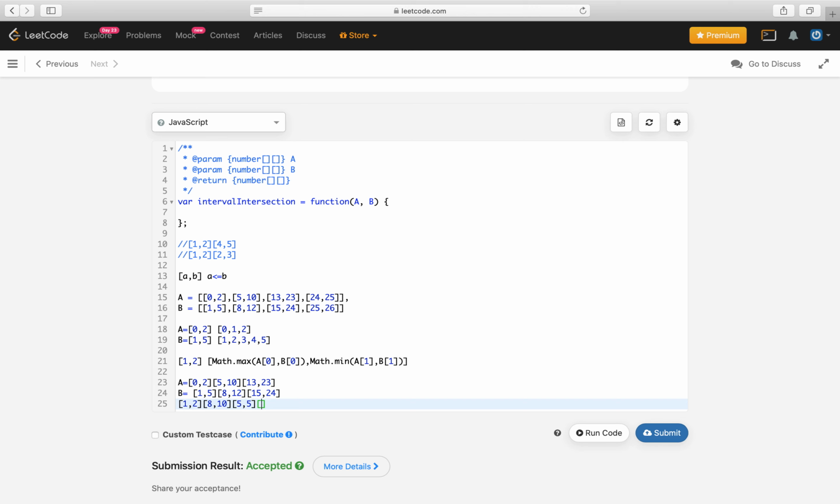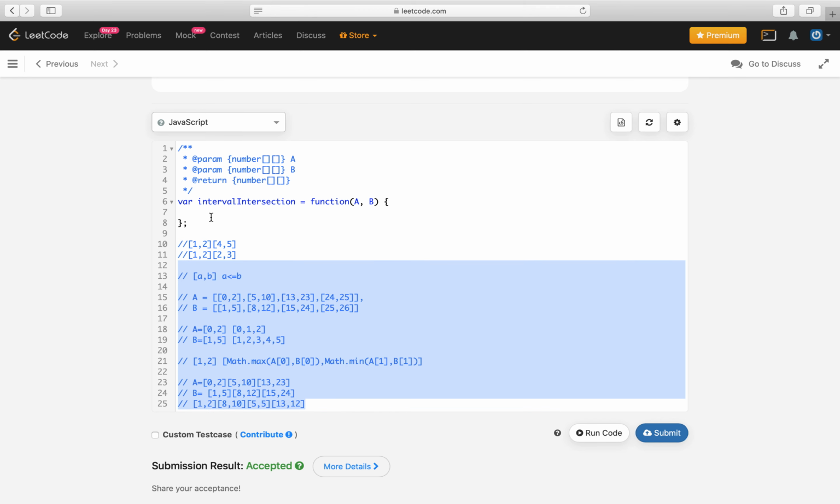So what is the maximum between 13 and 8? 13. And what is the minimum between 23 and 12? That is 12. We got this pair, but this is not a correct closed interval, as the definition says that we need to always have a less than or equal to b. So we can't go with this interval, and when we are implementing, we need to always check that in each interval the starting point is always less than the end point. So okay, it works. Let's move to the implementation quickly and see how it looks.